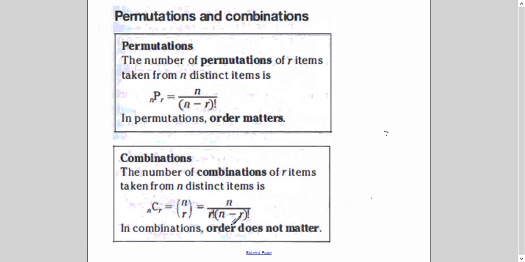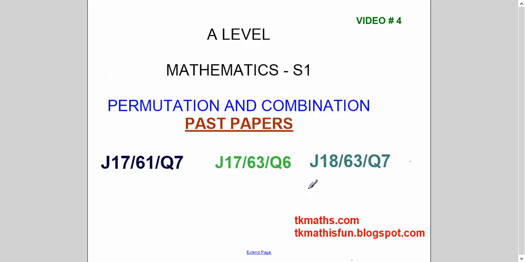So with this, I will end this video. And here I have written together again that permutation are those cases when order is important, combination when order is not important, and it will not be mentioned in the question. You have to read and identify which operation you will apply here. So in the next video, I am taking these 3 questions of past paper, and in most past papers, combination, permutation, and factorial are merged in different parts. So we will see that here.